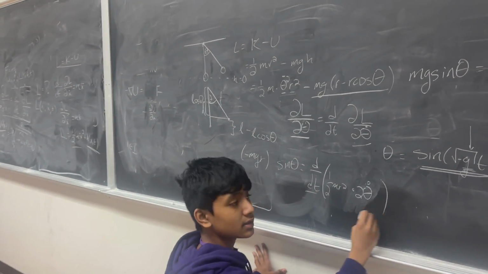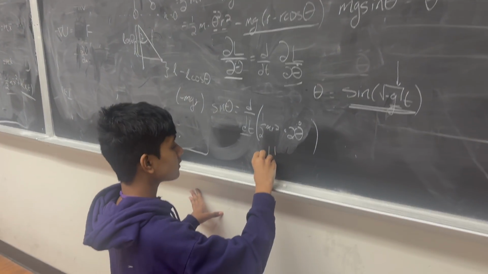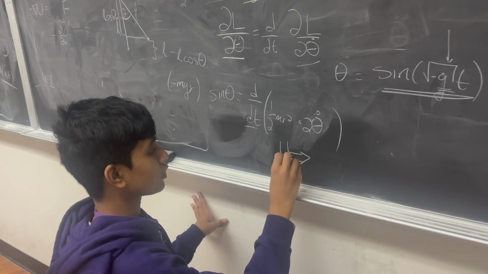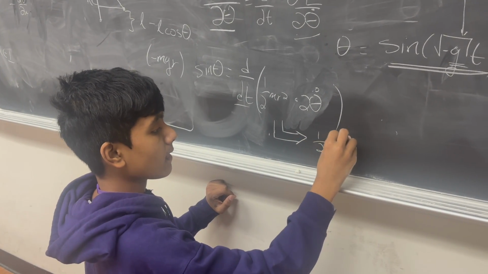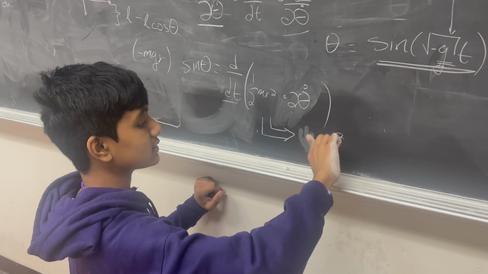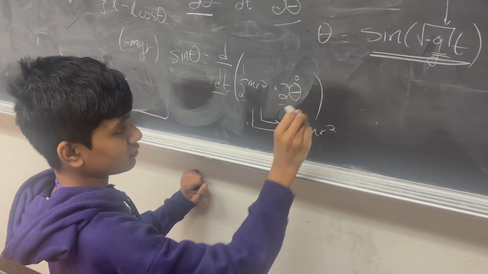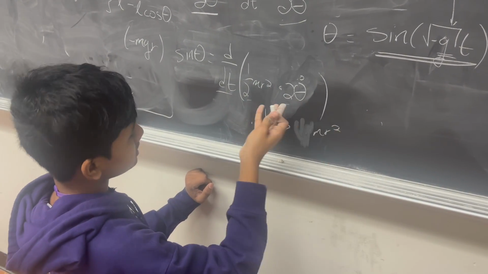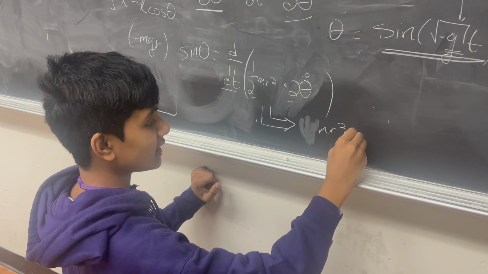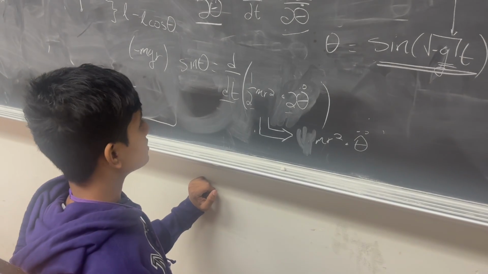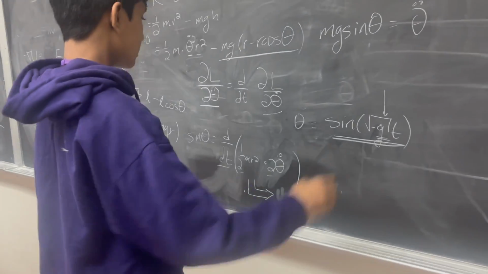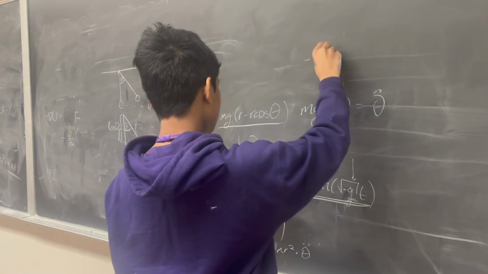And of course, this guy gets converted to, take this out by linearity again, and take this out as well, canceling out the half, because half times 2 is 1, of course. And then, of course, taking the derivative with respect to time of theta dot is theta dot dot. So we get minus mgr